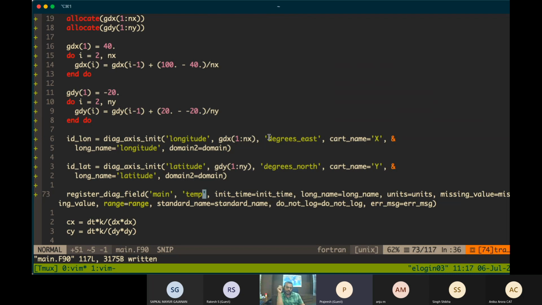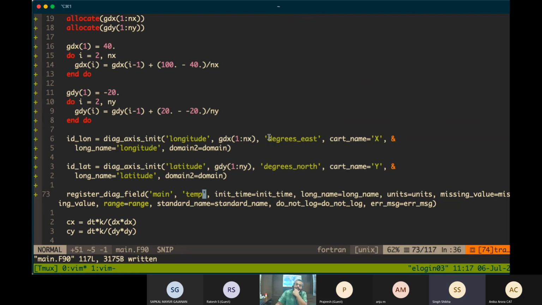If you have registered a temp and you are outputting temp from some other module also, and you want to get from that, you need to give the corresponding module name and the variable name. Is it clear?